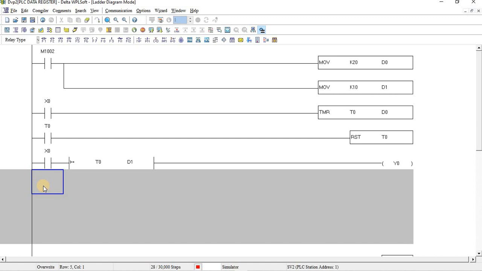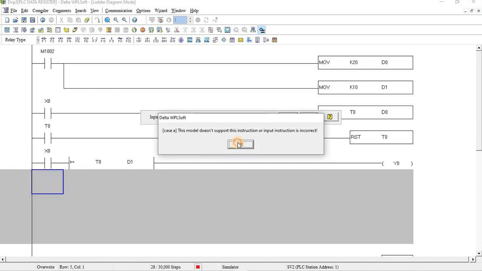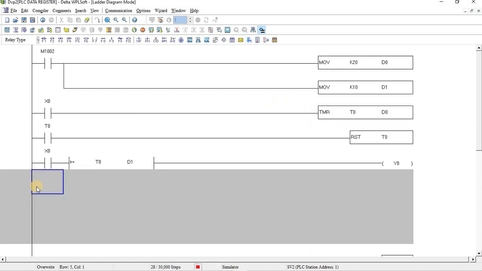So what I am going to do, I can type case A. Okay, so I cannot give this instruction here. Okay, let me see. So I am going to use LDP, the rising edge input, X1, because I am using a move command.